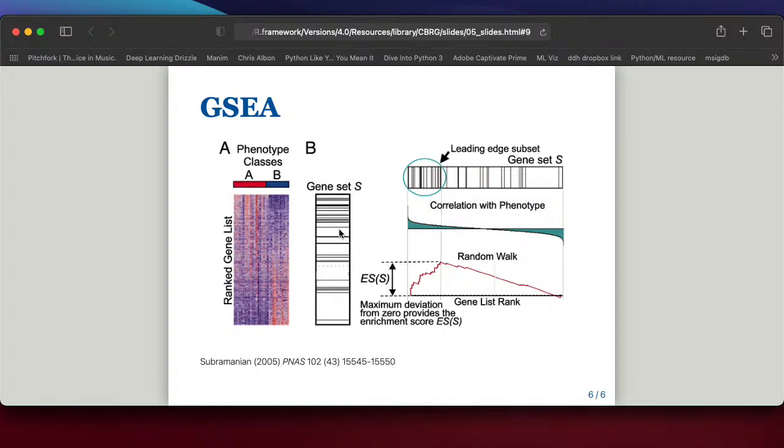Okay? So when we go from this, the next thing is, just looking at this, if you saw, for example, a bunch of horizontal lines up here, that would indicate that the majority or many members of gene set S are crowded towards the top end of your ranking scheme. So if you were ranking your genes based on fold change, you then say, oh, many of the genes in gene set S are upregulated significantly, very highly in my experiment.